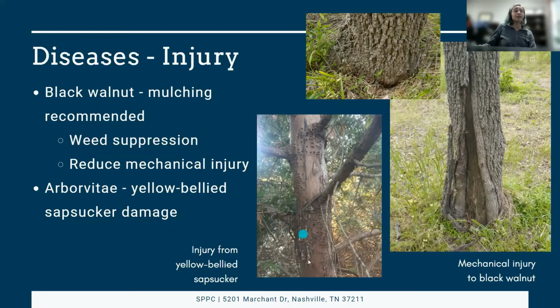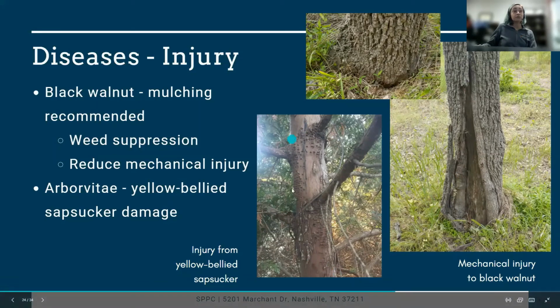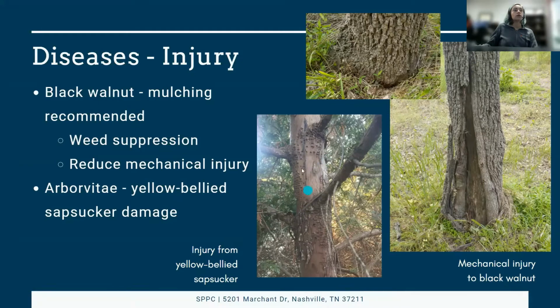Another really common problem I see on a lot of different plants is woodpecker damage. So this is really characteristic of the yellow-bellied sapsucker woodpecker. And these birds are usually getting into our pines, some of our other plants to feed on the sap of the trees, or they're feeding on insects that are in the trees. So they can be a sign of an insect, like a wood-boring pest infestation in our trees as well.